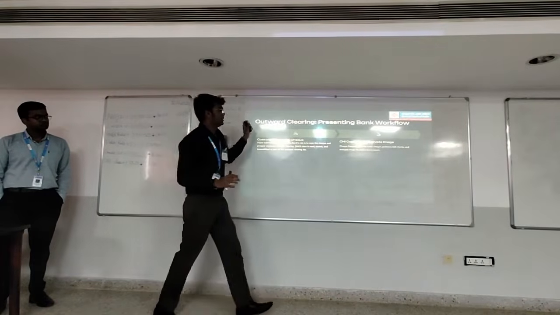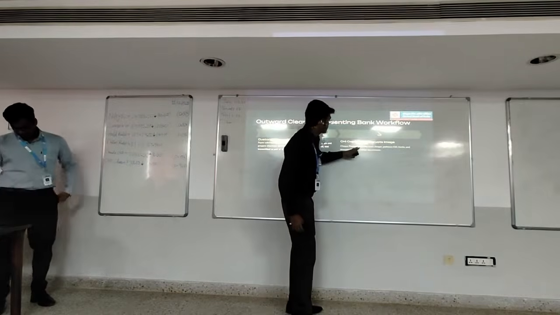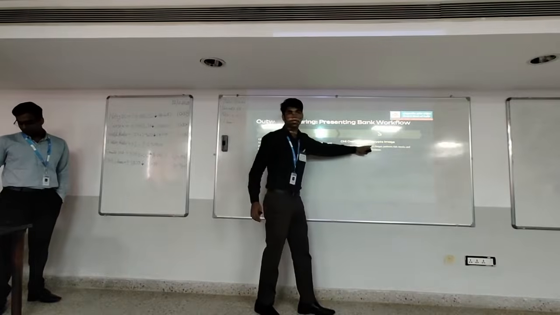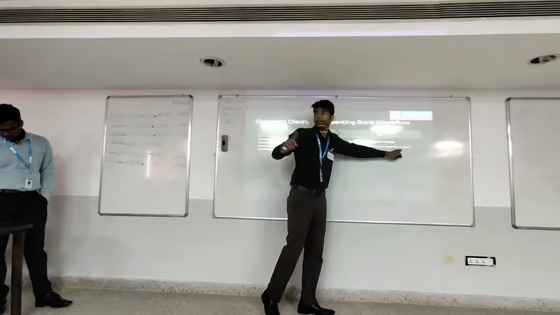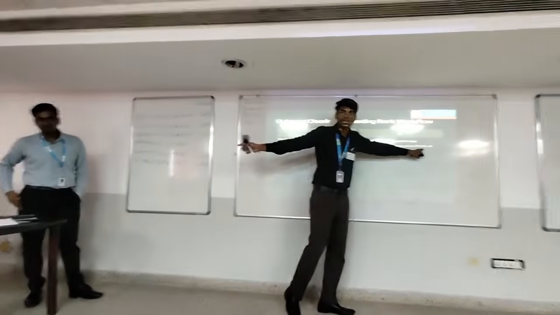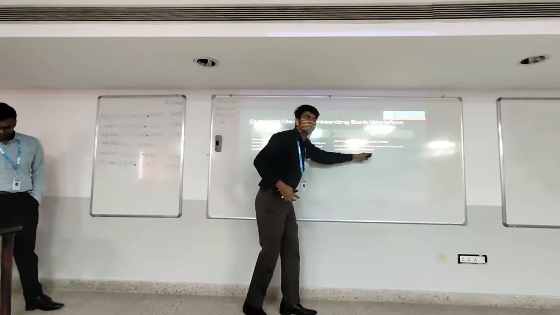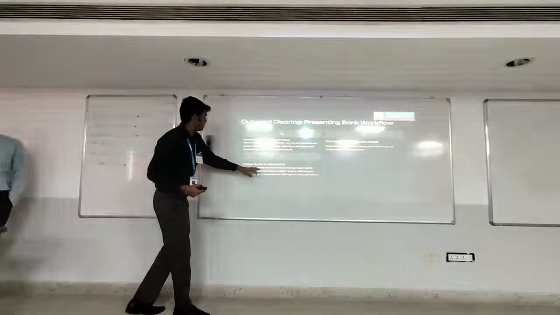Understand? Okay. Next, it will go to the CHI capture and encryption. The check processing center, the CPC I talked about, scans the check and performs IQA, image quality assurance. It will be covered by my friend Paritosh after some time. Then the image is encrypted for secure transmission. Now that image is sent to the home grid.